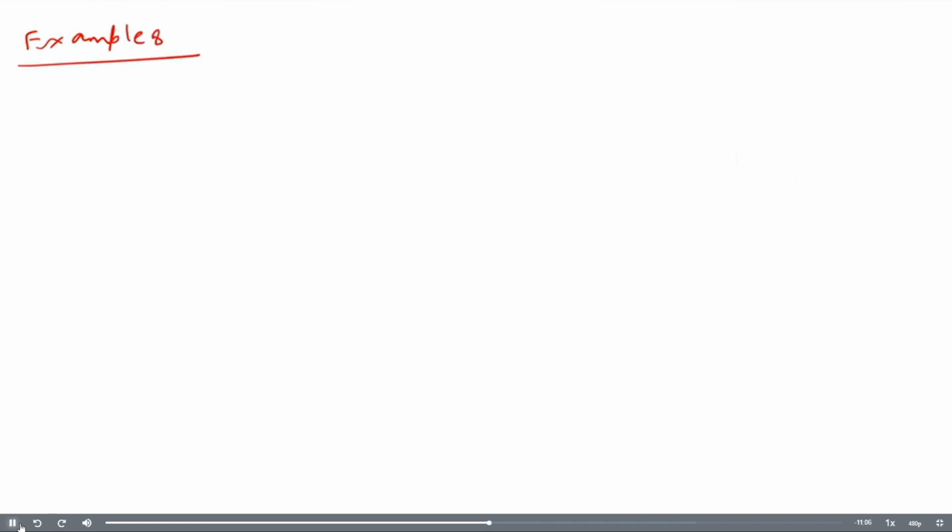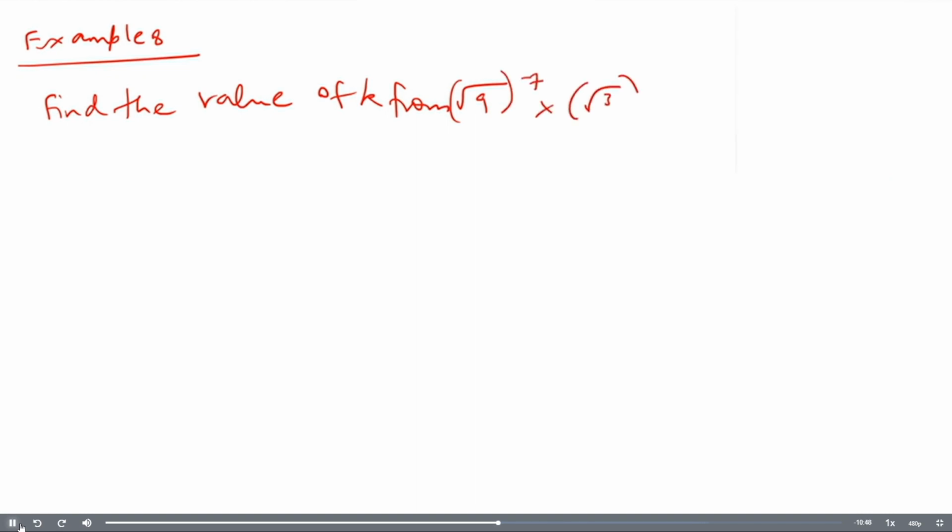Example 8. Find the value of k from root 9 to the power minus 7 into root 3 to the power minus 5 is equal to 3 to the power k. There is an important rule here. The first rule is